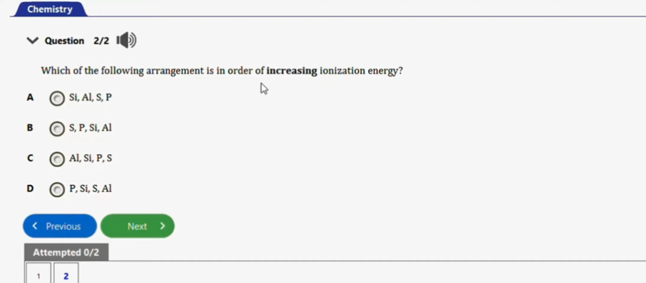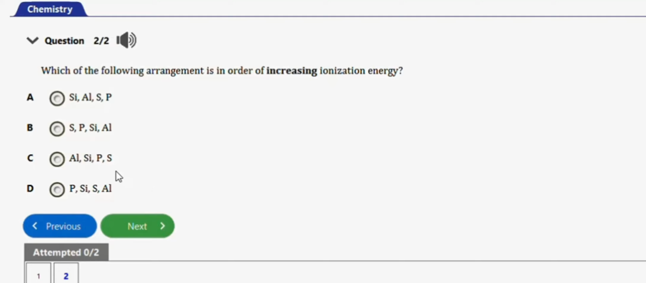So we have this option A. This is silicon, aluminium, sulfur and phosphorus. We have silicon, phosphorus, sulfur. We have phosphorus, silicon, aluminium. We have aluminium, silicon, phosphorus, sulfur. We have phosphorus, silicon, sulfur, aluminium. So the right option to this question will be this